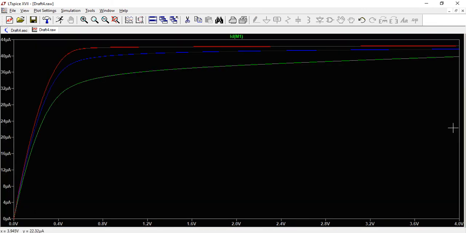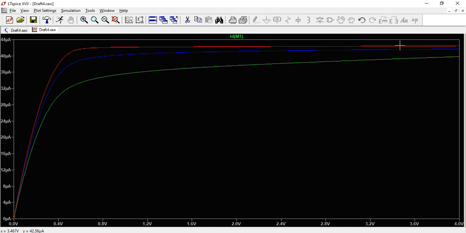So we can see here now, I can just tell you, you can go in here if you wish into the color preferences to determine which one is which, but this one here is the 2/1 transistor, in other words, the scaling factor equal to 1. This one here is the scaling factor equal to 2, and this one here is the scaling factor equal to 20. And you can clearly see as the transistor's length is getting bigger, the slope is getting smaller. In other words, the output resistance is increasing, or you could say the output conductance is decreasing. So what I'd like you to do, please, is to measure the output resistance at, say, 3.6 for this plot,